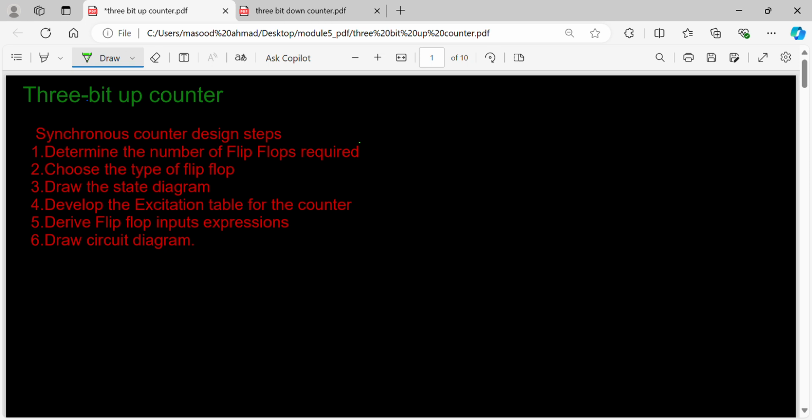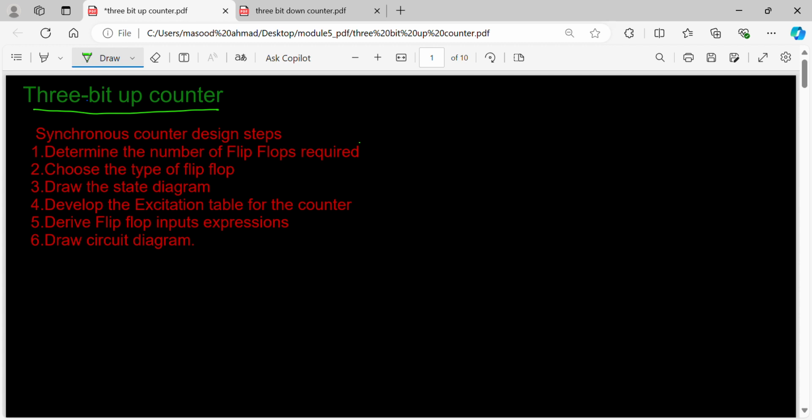My dear students, now we are going to look at a 3-bit up counter. We try to see how to design the up counter. The problem itself says that it is a 3-bit up counter, right? So a 3-bit up counter will have 3 bits in its output. Generally, for any counter design, or to be specific, synchronous counter design, we have